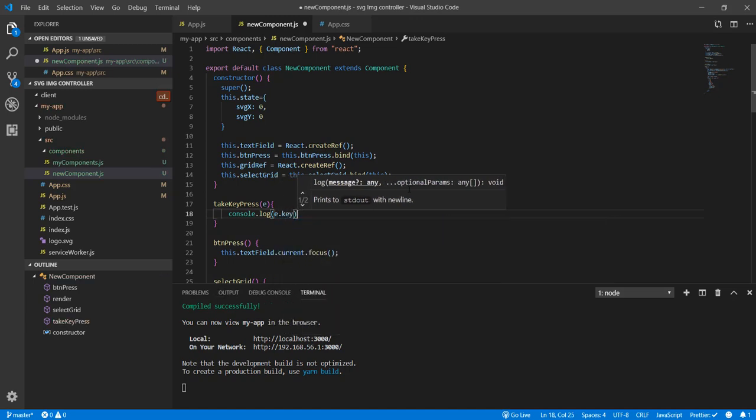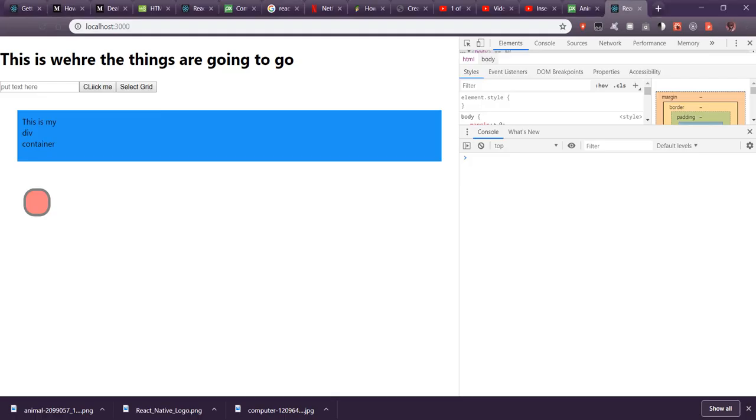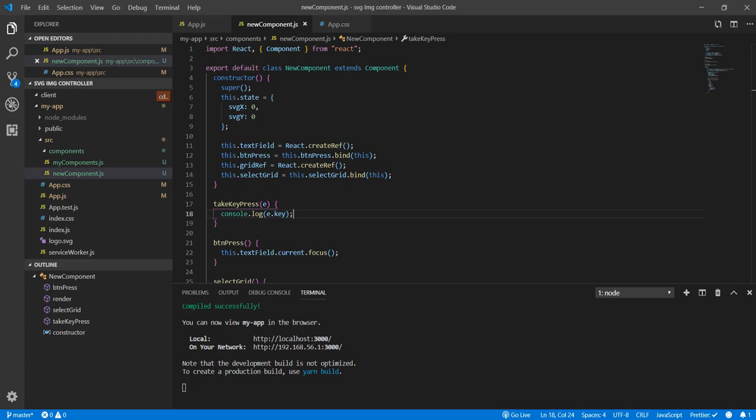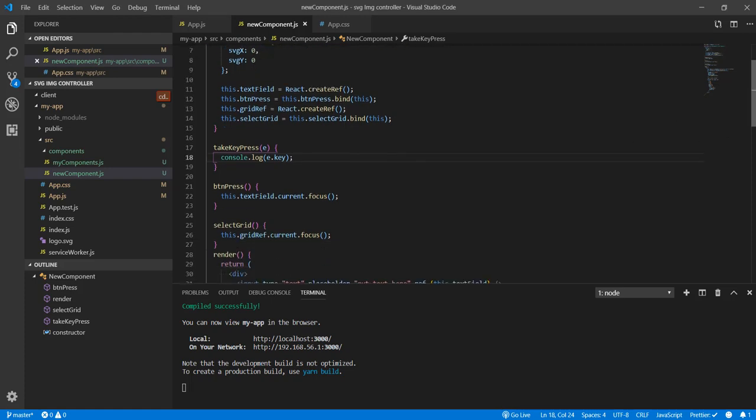So same thing, just in this case we're calling it through a function. So if I click on this, it should have selected this, and if I press my keys, yes, it's showing me the keys that I'm pressing in my console. Okay, so we know it works. Now I'm going to go back here, and what we're going to do here is